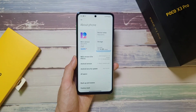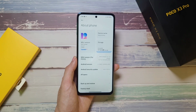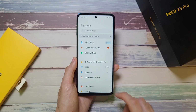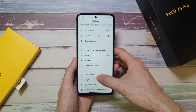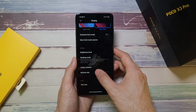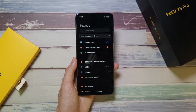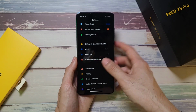So yes, right off the box, the Poco X3 Pro does come with MIUI 12.1. This is of course on top of Android 11. There's a lot of features that I always do like. There's always the quick ball feature that I always do like, and of course in terms of display, you can go to your dark mode over here, and you can of course change your refresh rate all the way to 120 Hz. You do not get an always-on display with this because it does have an LCD panel, but overall